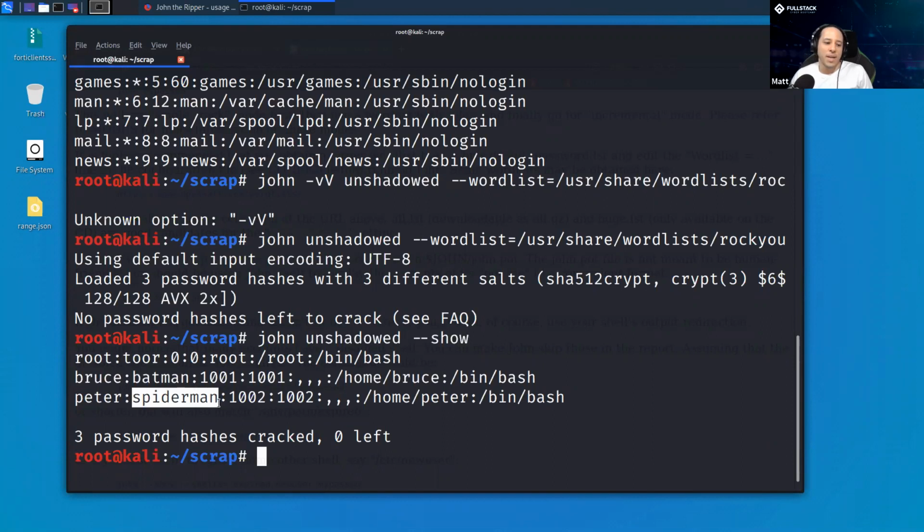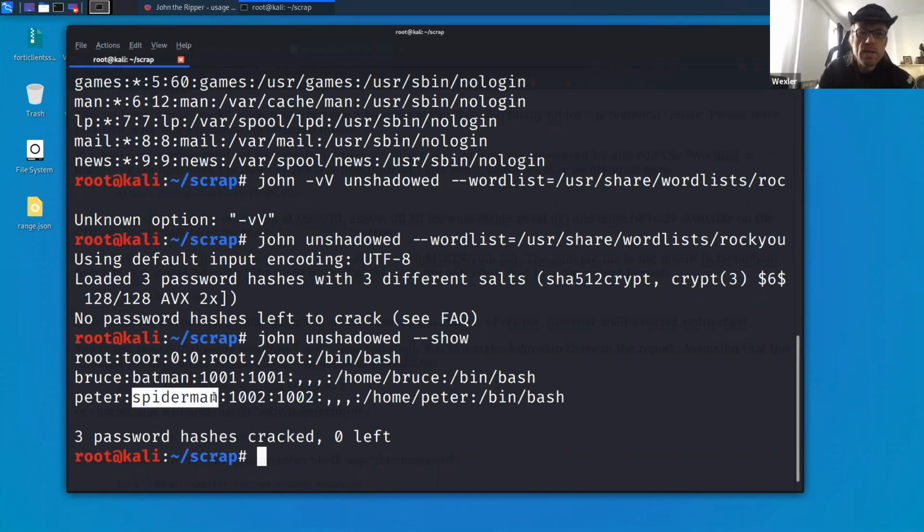Generally, depending on the type of hash and the word list and how long you're going to try, it could take a long time, on the order of minutes to hours plus. I specified these names that are kind of at the top of rockyou so that it would go by very quickly. Cool. Questions on using John to attack a password locally? It looks easy when I do it, but I promise you, when you try it yourself, you're going to fight with John. It's not my favorite tool.